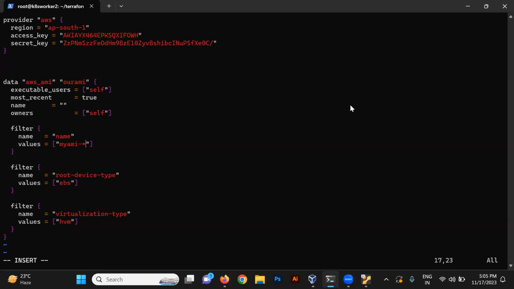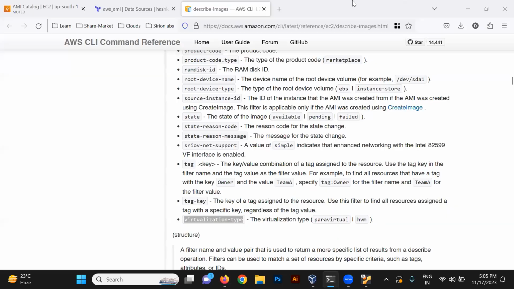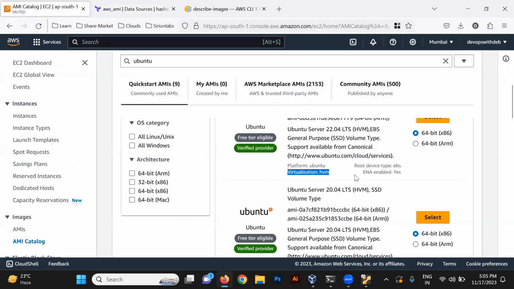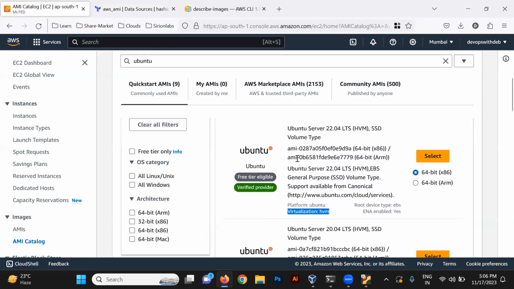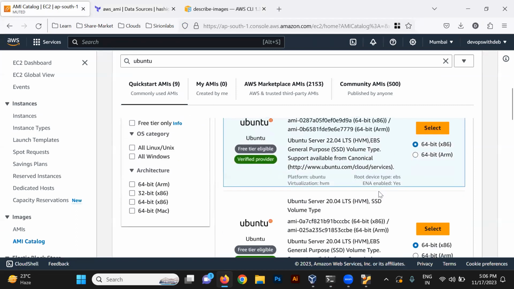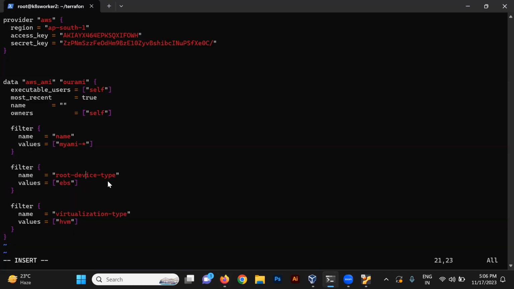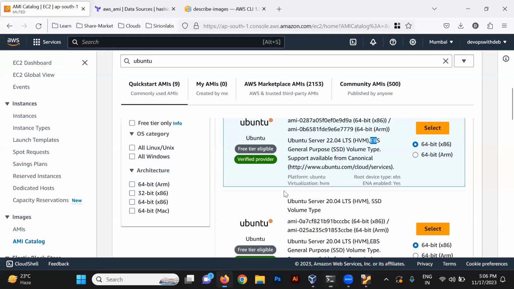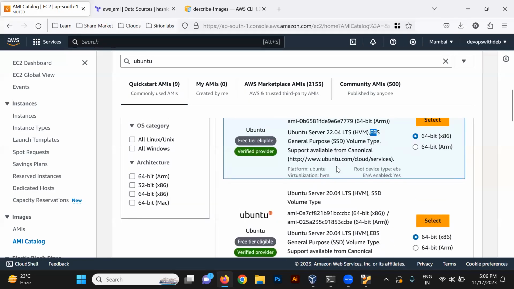Name would be, we will change root volume type, virtualization type. It's already HVM. Root device type would be, if you check any AMI here, we can check for the Ubuntu root volume type, right? Ubuntu private select. Let's check what are the things here. EBS is the type, right? I think, yeah, root device type would be EBS, and name would be value my AMI. So I don't need that thing this time, right? Let me remove this, my name, and instead of name, we will be using this as,